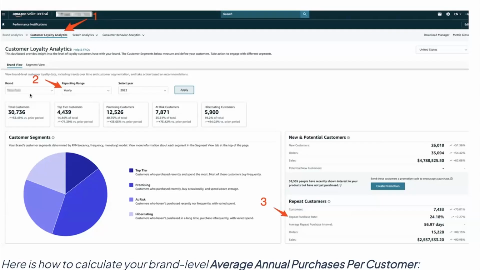The only other thing too is Amazon's been rolling this out in kind of an interesting way. They started to roll it out right before their big seller conference called Amazon Accelerate, which was in September 2023. So mid-September, I started seeing this dashboard become available. Over the course of these last couple months, I've seen it more consistently available to sellers, though I am occasionally seeing sellers and brands come into this view and get a notification from Amazon that says, coming soon, stay tuned. So if you come in here and you're not seeing this data, Amazon's rolling it out and you should probably see it in the next few weeks.